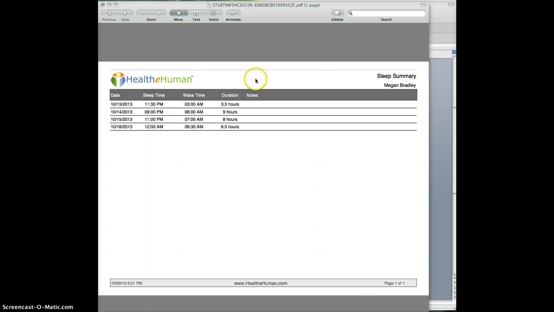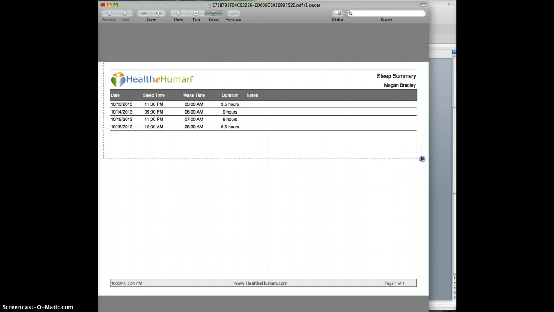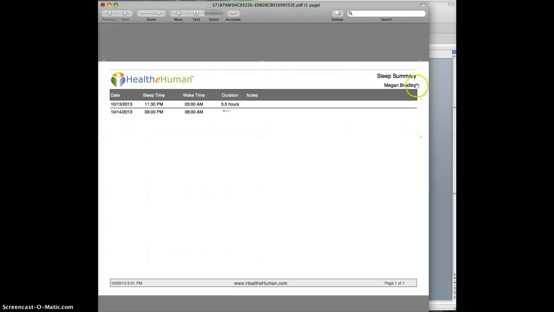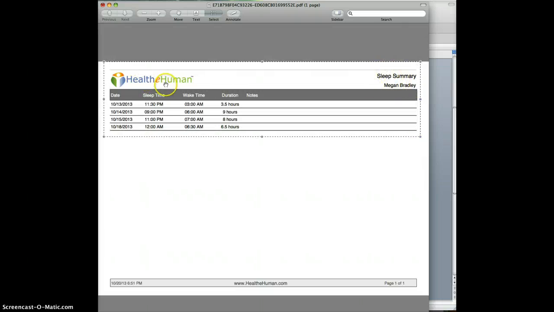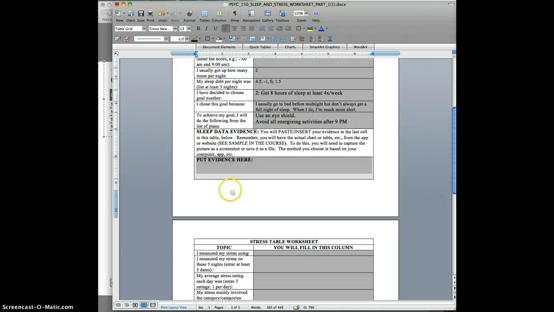I have my report in a PDF and I'm going to click on the select button, and this is what you want to select. You want to select this whole part right here. That includes your name, the Healthy Human logo, and all of the data that you entered. So again, you need to have all of this information right here. And then I'm going to simply copy. Then I'll head back to my worksheet,